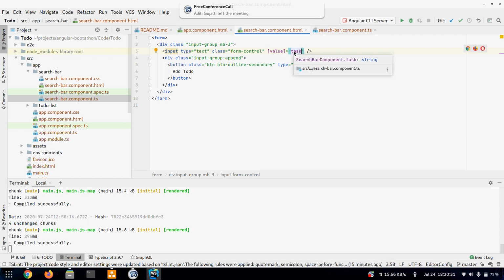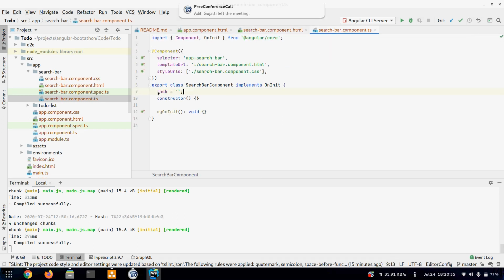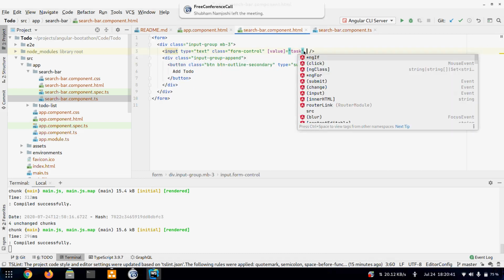So the search bar will search inside the TS component and it will find a value named task, so it will bind its value to task. Now we also need to update it, like whenever we type, the value of task needs to get updated, otherwise it will always remain an empty string.